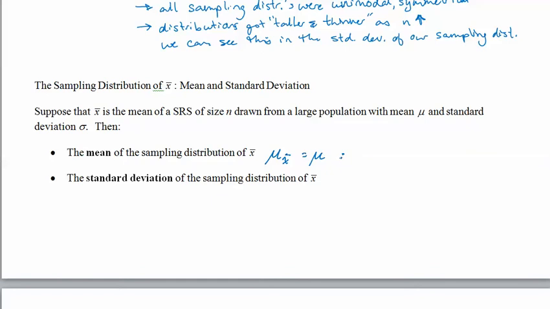Therefore, we can say that the sample mean x bar is an unbiased estimator of the population mean. Remember, unbiased means that it is equal to. So we can use a sample mean to estimate what the population mean is, because of course we don't always know what the population mean is. We can't survey every